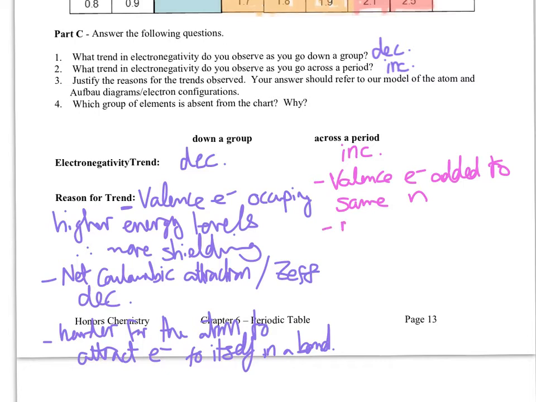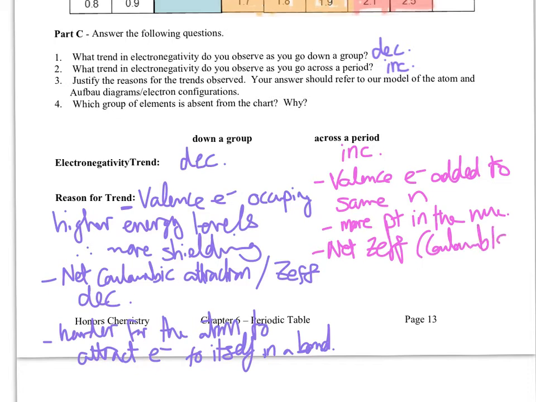At the same time, we have more protons in the nucleus, and so your net Zeff, or Coulombic attractions, between the nucleus and your valence electrons